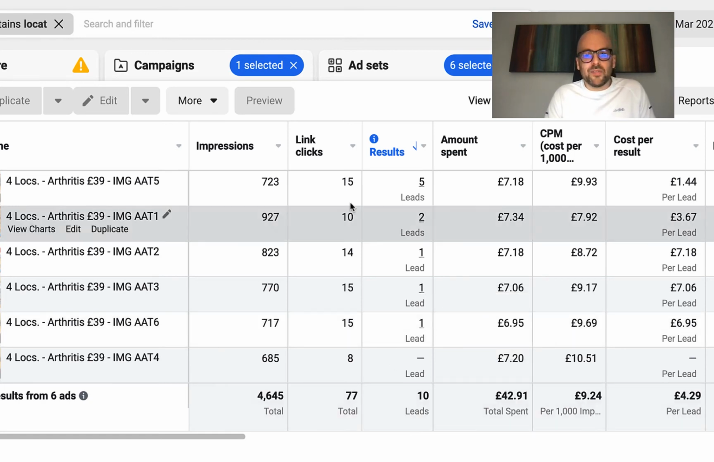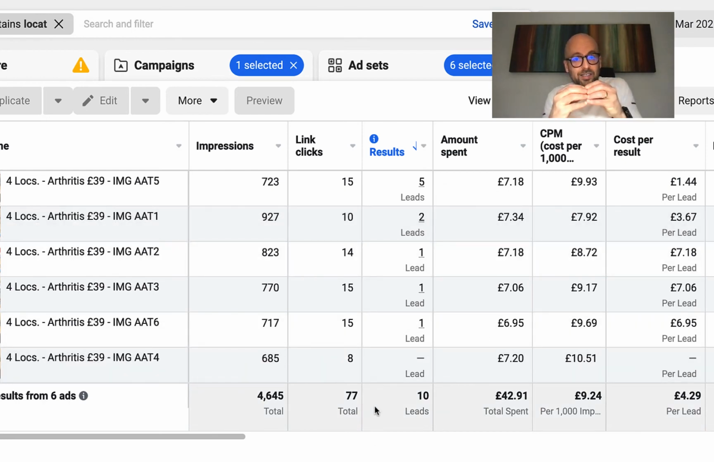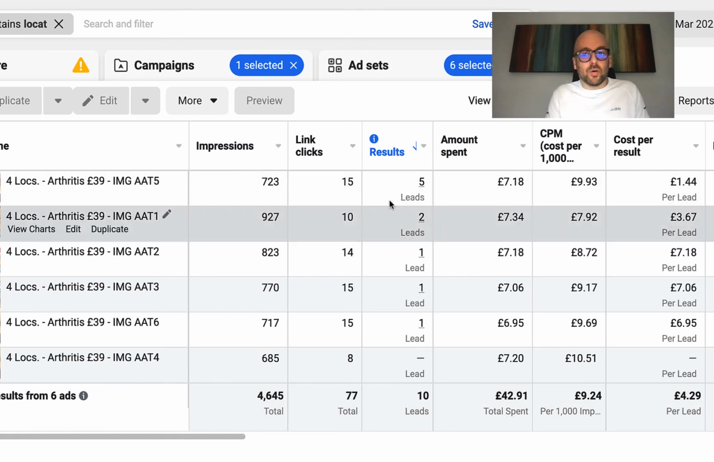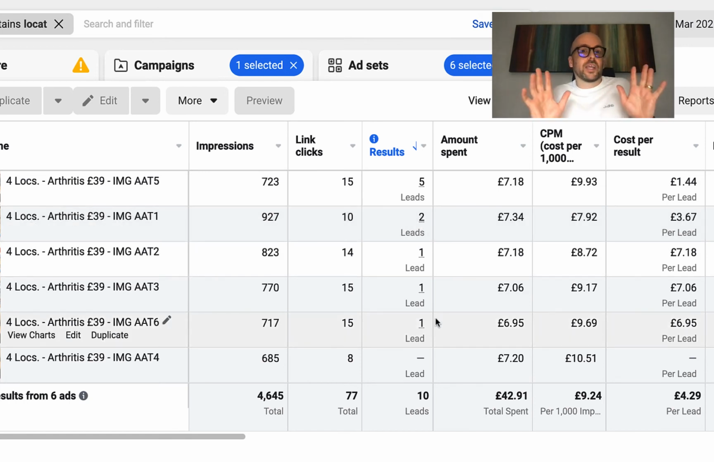If the numbers, which often happens, all get really tight together, and the one that's got me 5 leads today has similar numbers tomorrow to the one that's got 2 leads, I'm not taking any action at all. I'm going to wait until around day 3.5, 4, until I make those final decisions. Now, there's plenty of videos that I've made and shared that show you how to analyze the numbers